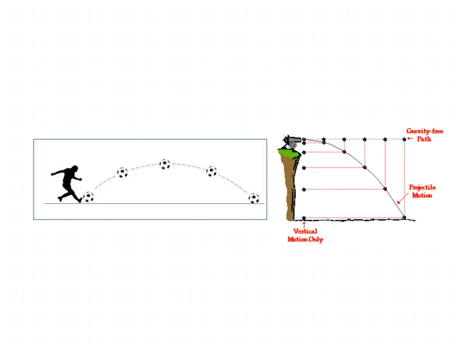Before starting today's topic, that is projectile motion, we all know about straight line motion or one-dimensional motion. That is, only one coordinate changes in this type of motion, either the x coordinate or the y coordinate. And we know all the things about this motion, that is velocity of the object, acceleration of the object, the time taken by the object, etc. So we had already studied this motion.